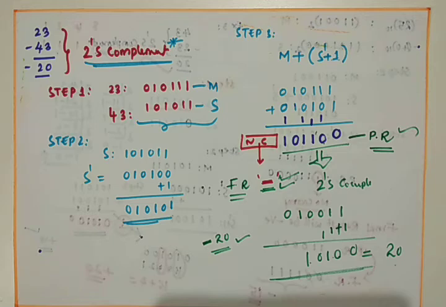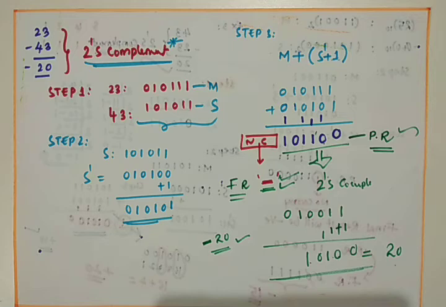Then if there is a carry in the case of the 1's complement method, to get the final answer, we need to add that carry to the end. We can call it the end-around carry, and we have to add that to the LSB bit, so that we will get the final answer. In the case of the 2's complement method, we simply discard that carry and the remaining part will be the answer.